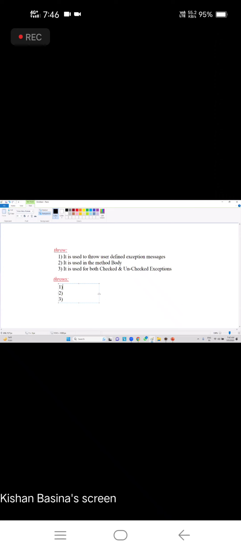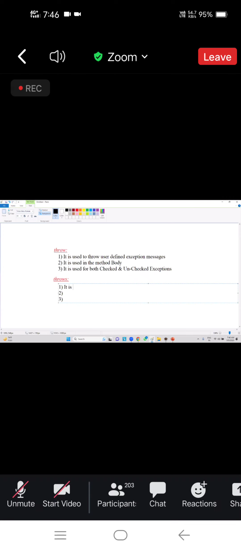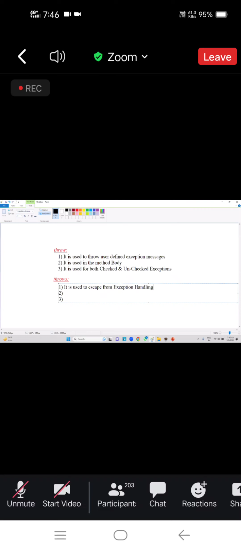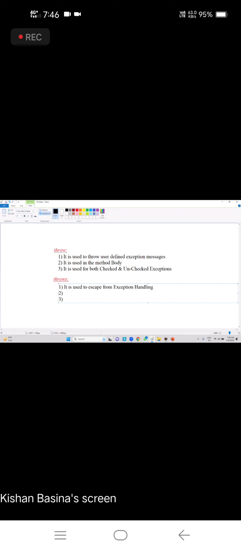Now, first point. It is used to escape from exception handling. What? Escape from exception handling? What do you mean by that? Yeah, you'll be understanding that. Just wait for 5 minutes. You'll be able to understand. Okay. Throws keyword. It is used to escape from exception handling. It is used along with the method